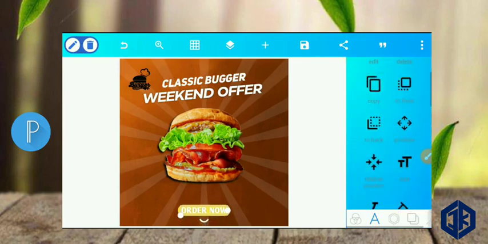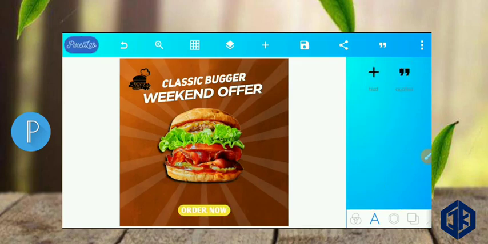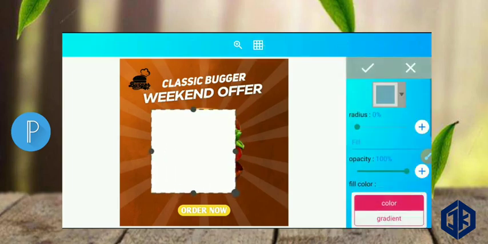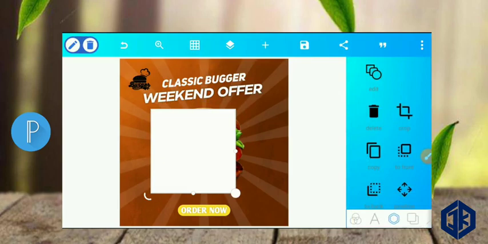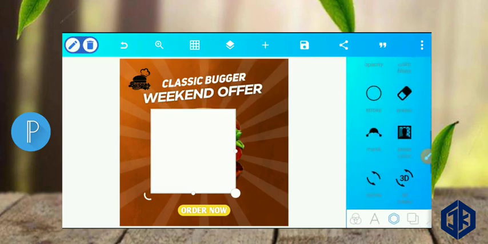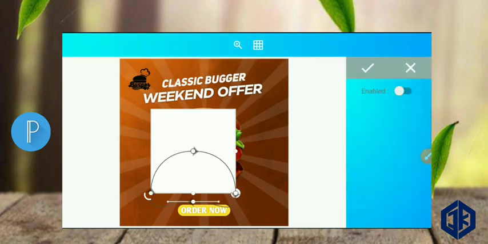So that's it. Now we are going to be producing the pre-delivery. So you come to your shapes, you take a square. Now what are you going to do with this square? You are going to mask this square. So you come to your mask tool. Remember, I told you you are going to learn how to use the mask tool. So you will use the mask tool to produce